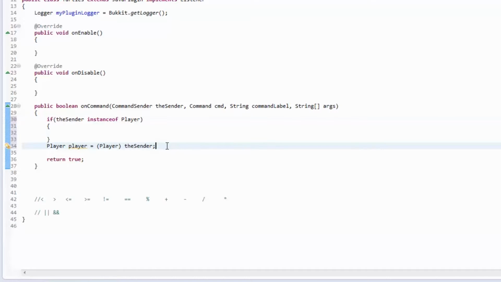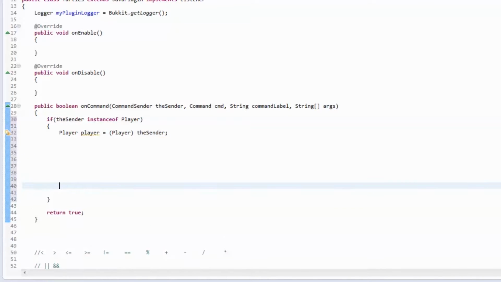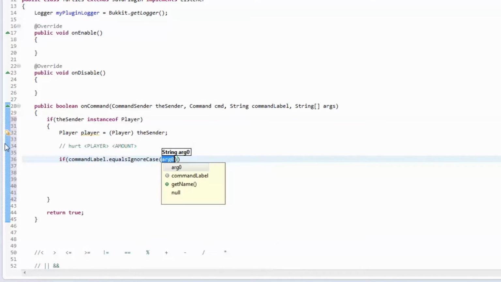So we're going to check if the sender is an instance of a player, then we're going to cast it there. So the first command we're going to do is going to look like this. It's going to be hurt and then the player name and then an amount. So we're going to say if, this is setting up our command, if the command label equals, and ignore the case, hurt,